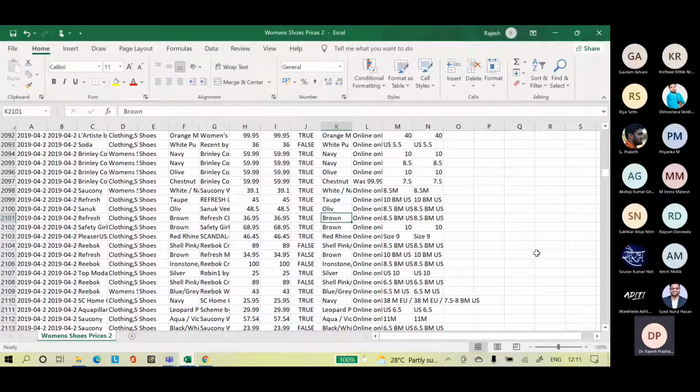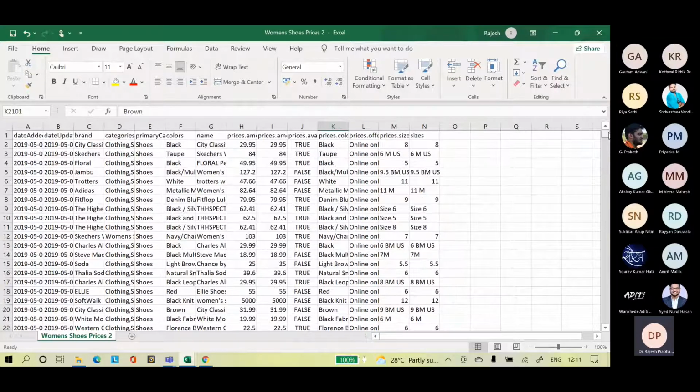So when sale is true, we can add colors. Prices, availability is true or false.